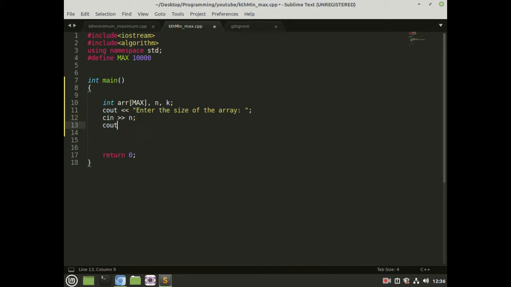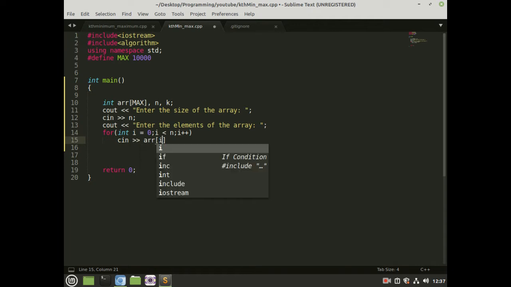After that I will tell the user to enter the elements of the array. I'll take the elements one by one using a loop starting from 0 to n, and I will input it inside the array.